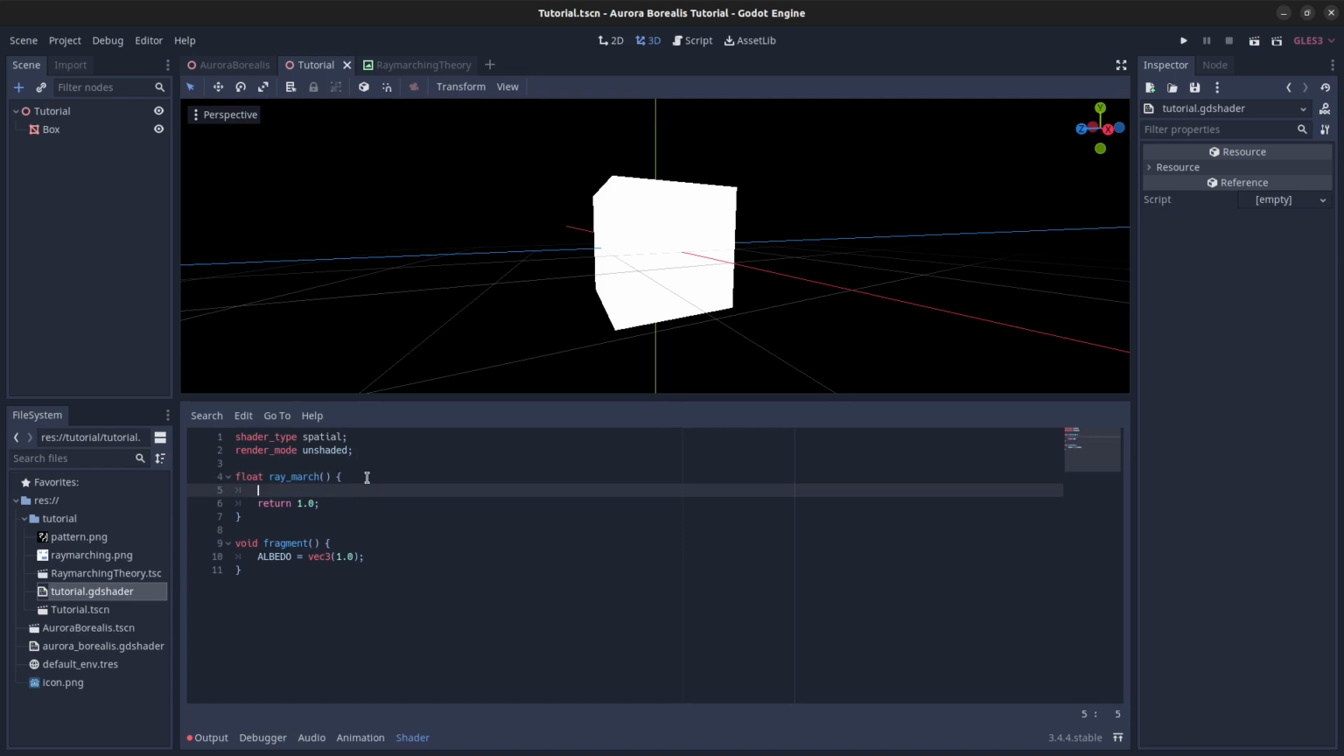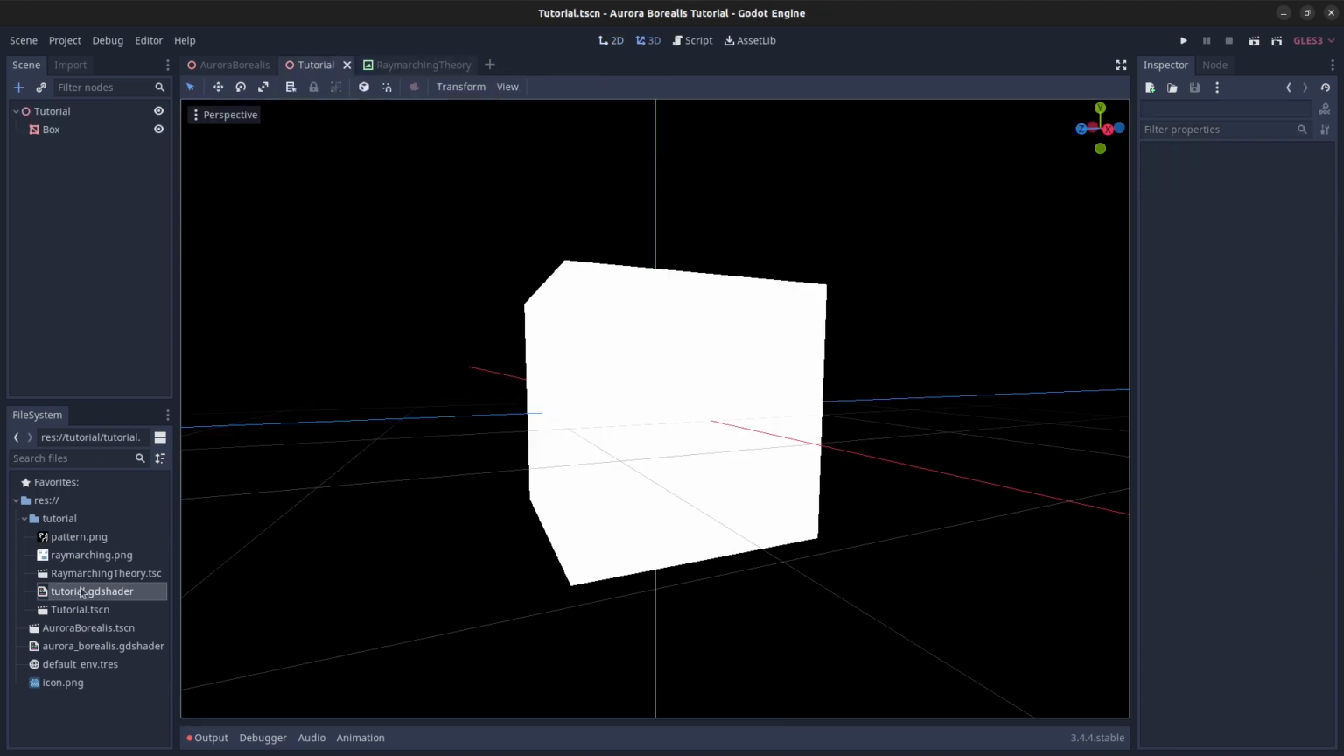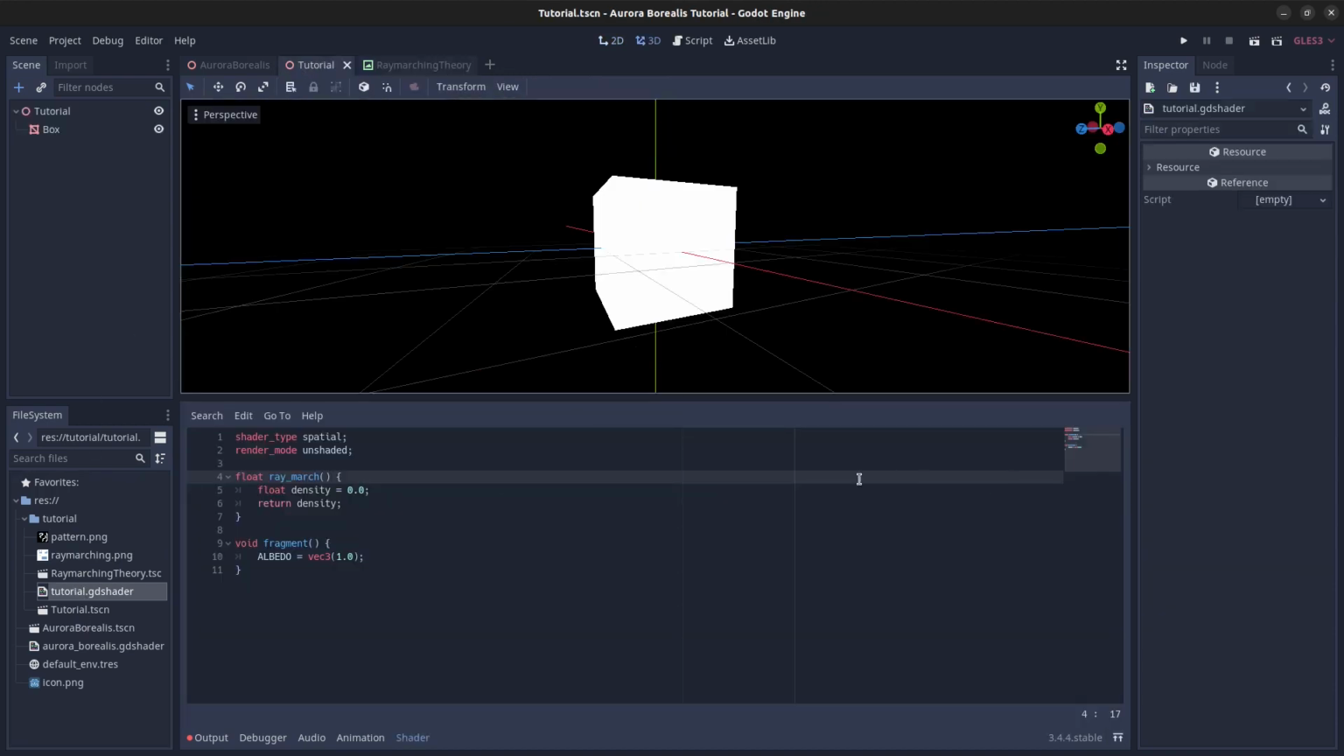So yeah, actually let's call this float density equals, let's say 0.0 maybe, and return density. Now, we already mentioned that we need some additional information like origin, distance, step, and direction, right? So let's put them as parameters here. Vec3 ray origin, also vec3 ray